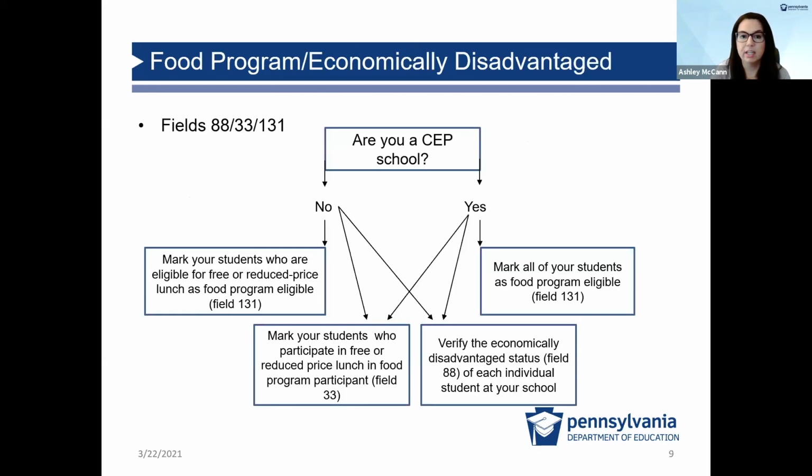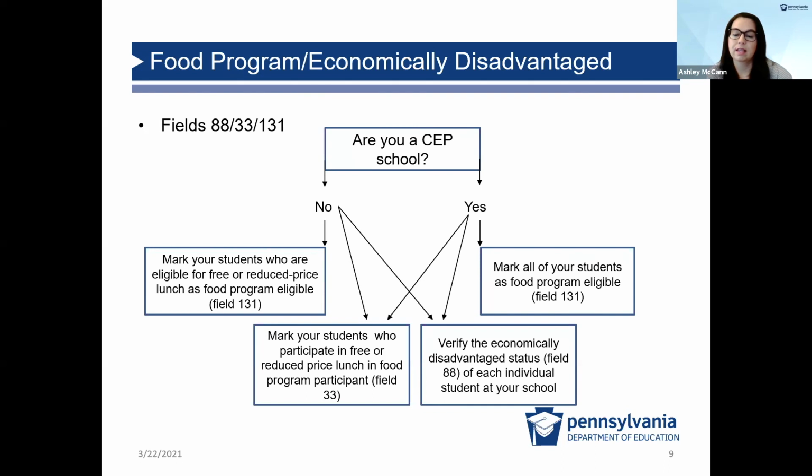I have a little flow chart here. So are you a CEP school? Yes, no. It tells you how to report the food program eligible field, and then field 33 and field 88. So for economically disadvantaged status, that should be coded on each individual student,